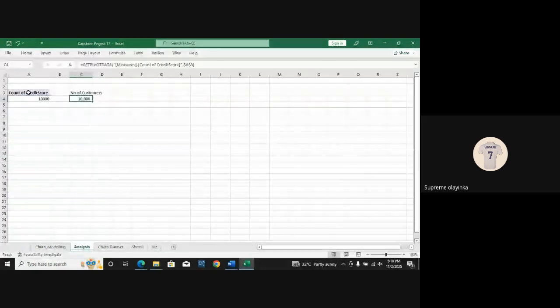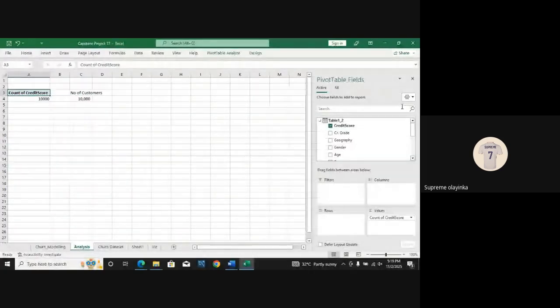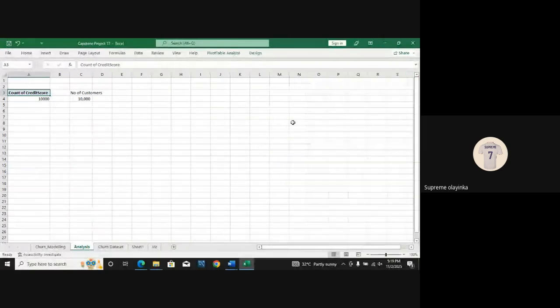Because this is a pivot table, can you see? When I click on a normal cell, I cannot see my pivot table field list. But once I click on this pivot table, I can actually see the pivot table fields. If I mistakenly cancel that one, it won't pop up. But once I click on this empty cell, the tab changes from Help to where I can see Pivot Table